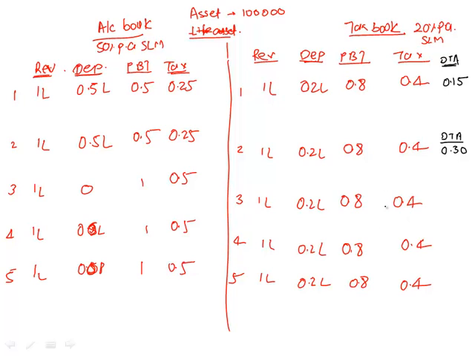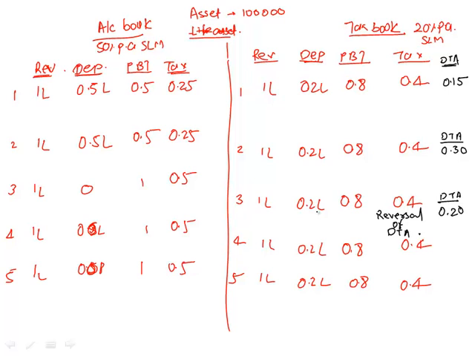Now why am I paying less? Because in the past years I have already paid more. So this is where what we will have is reversal of DTA. Okay, how you can think of this? That you will go to the tax officer, you tell him that I have already paid more in the previous year. So this year I am going to pay 10,000 lesser. So now what will happen to your DTA? It will not remain 0.3. Now it will become 0.20. You've adjusted that previous 10,000 this year.